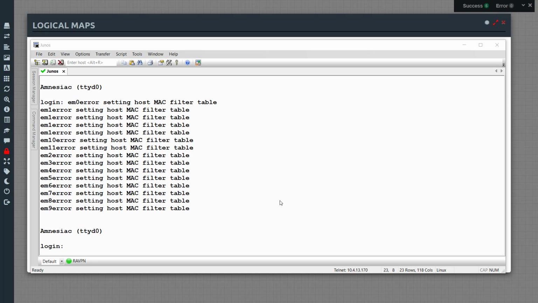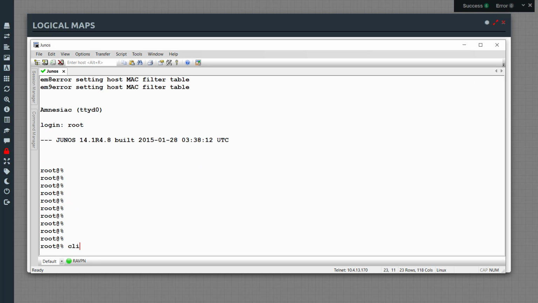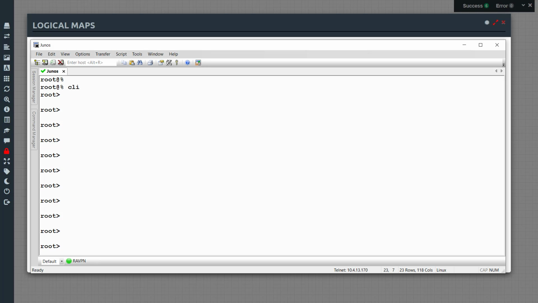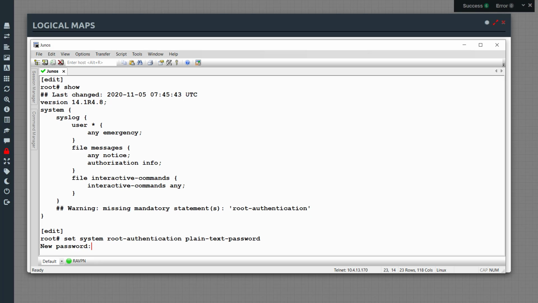Okay, so this bad boy has booted up. Let's log in with user root, CLI, configure. So here you can see we need to set the root password before we continue, because it's not gonna let us commit anything if we don't set up a root password. So set system root password, plain text password, set a password,